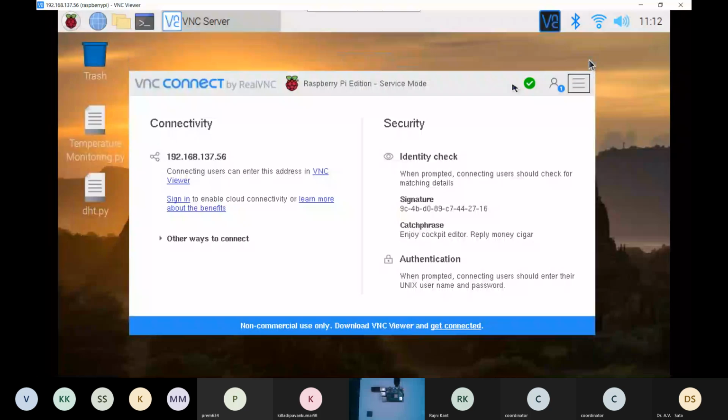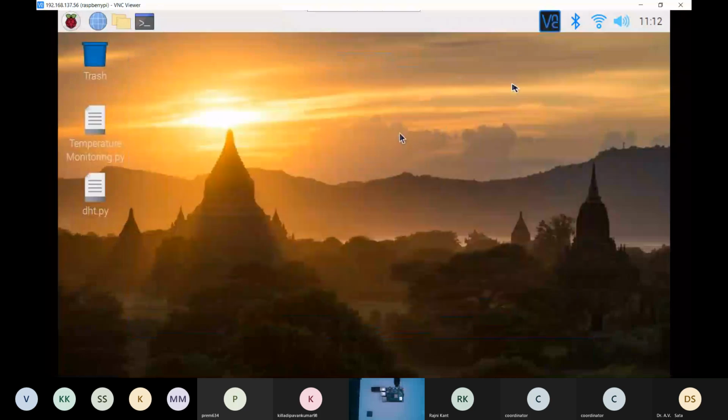I just want to show you how Python works, because recently we were working on Arduino, which works on embedded C. So we transitioned to embedded Python.